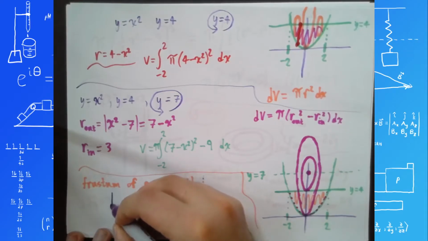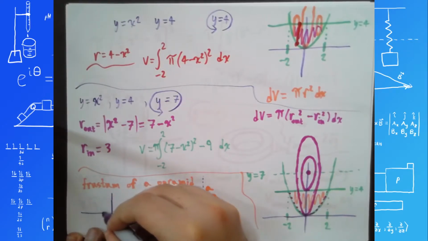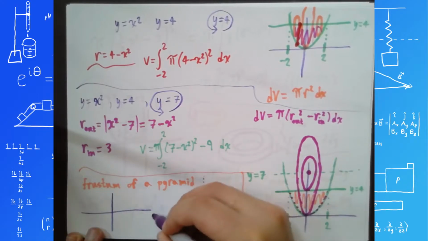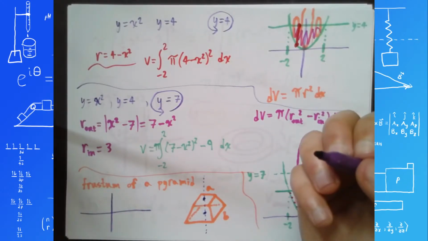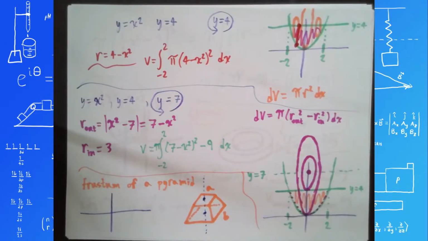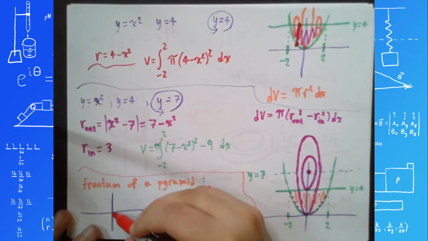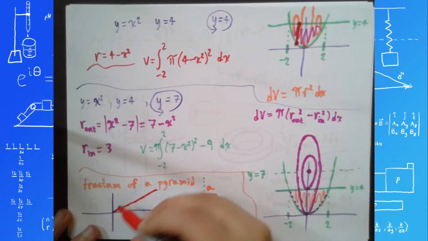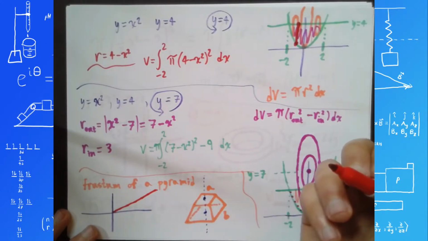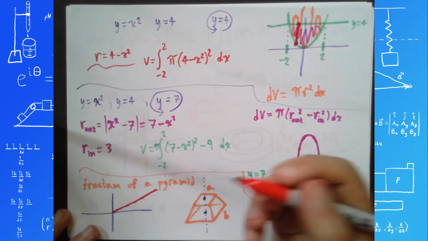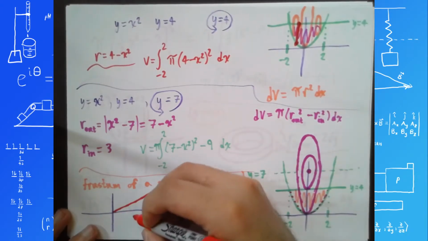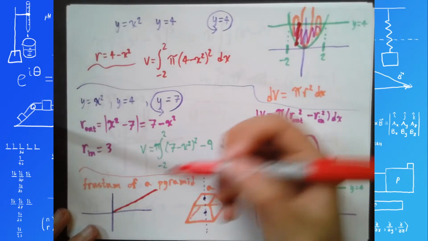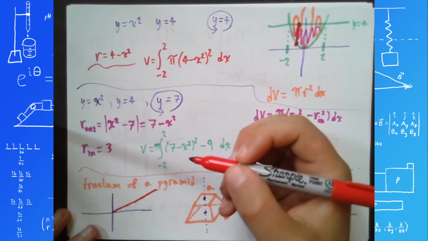If my pyramid was aligned along my x-axis, then it looks like my pyramid is the result of taking a straight line through the origin. I guess it doesn't technically have to be through the origin, but through the origin makes it simple. So it's a straight line through the origin, and then we've got,